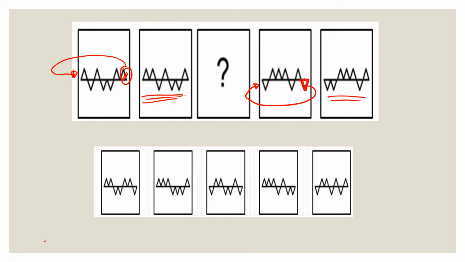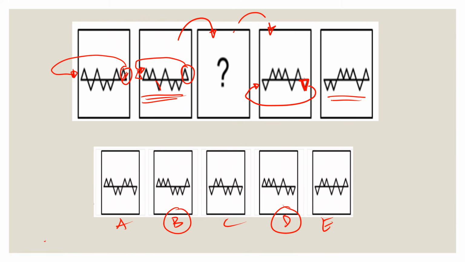So that rule should also be applicable if we are going from the second to the third, and also from the third to the fourth. In the second image, our rightmost triangle is here on the top. So what you would expect is that this would get transferred here to the beginning, and we should have a triangle here. So our choices here is that we would have 3 triangles on the top. If we name this as A, B, C, D, and E, that would leave us with either B or D.